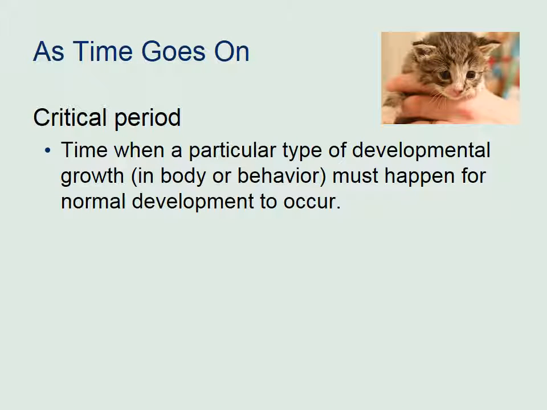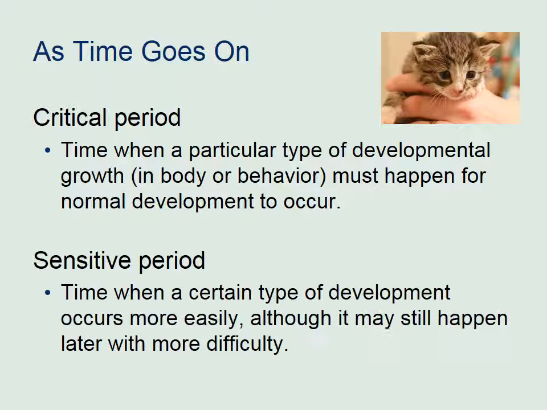A sensitive period is a time when certain types of development occur more easily, although it still may happen later with difficulty. So examples of a sensitive period, language is one of them. If children do not start speaking the first language between ages 1 and 3, they tend to have difficulty learning to speak later, which is why it is so important to test toddlers and infants on hearing, because let's say